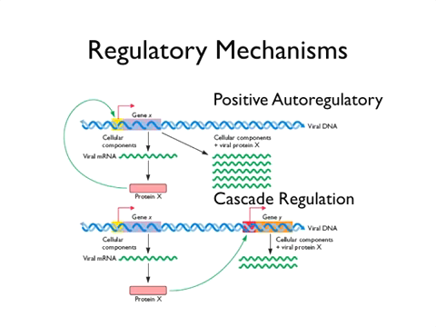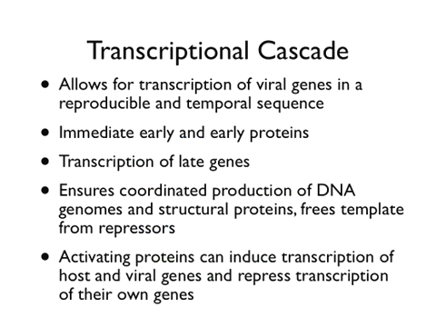In cascade regulation, gene X is transcribed, a protein is made, and it goes back to the viral genome, and it turns on another set of components that can be responsible for controlling transcription or for synthesizing virus DNA, remembering that virus DNA replication is an important control element in regulating the synthesis of late gene products. So, a transcriptional cascade allows for transcription of viral genes in a reproducible and a temporal sequence, again going back